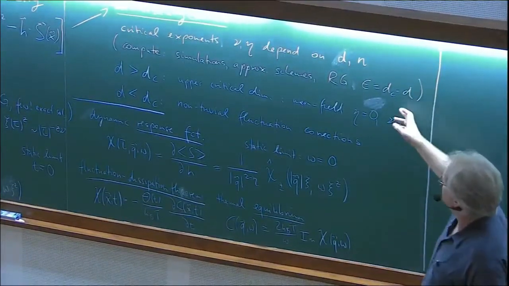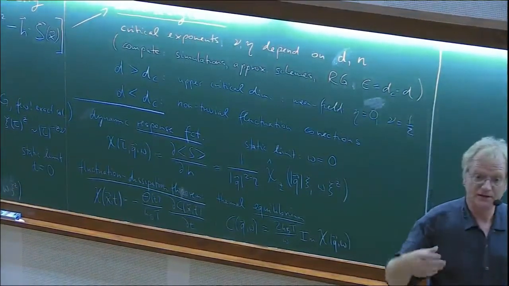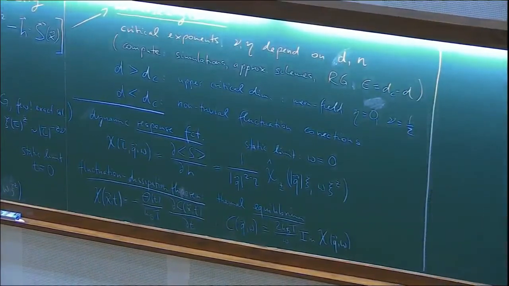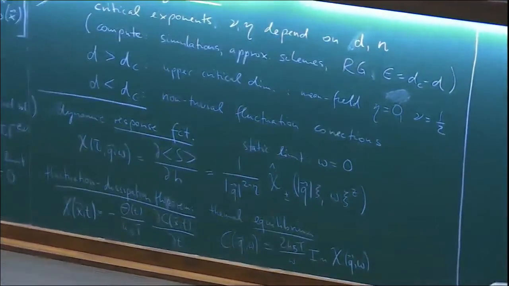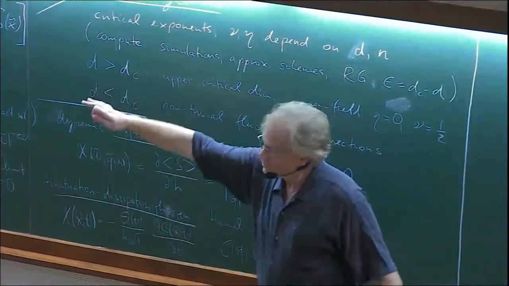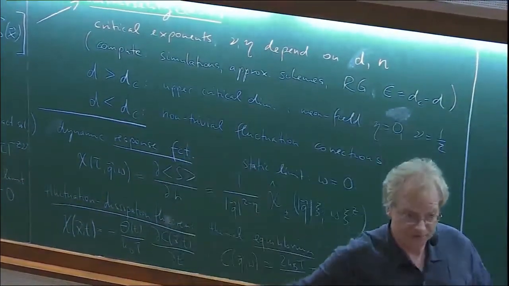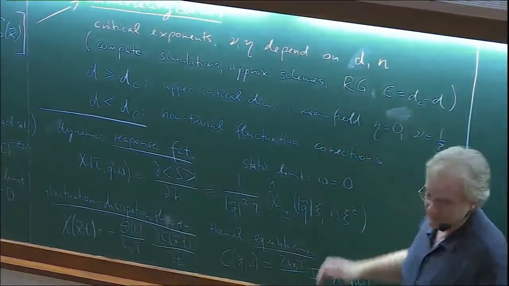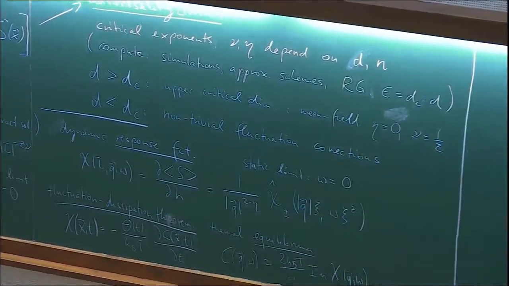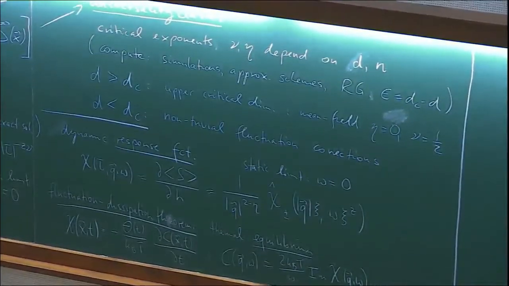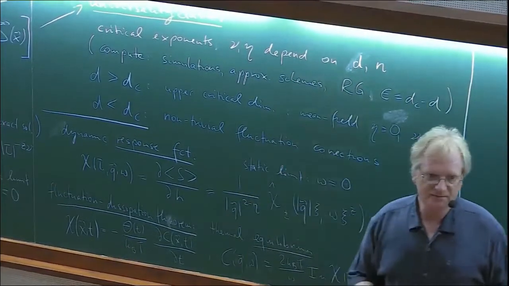And I told you that you can use the renormalization group as an analytic tool to systematically compute these exponents: show first what the upper critical dimension is, show which terms are relevant and need to be kept for an analysis, and then compute exponents in a systematic expansion, for example about this upper critical dimension, which is then a small expansion parameter. There are other schemes. There are non-perturbative RG approaches and other approximate schemes that can work very well. But that is the meaning of this upper critical dimension.